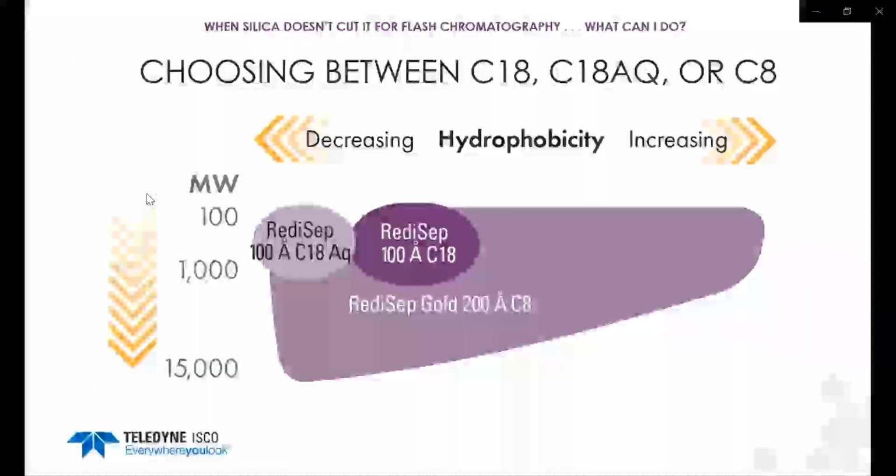So how do we choose between C18, C18AQ, or C8 columns for peptides and larger molecules? We can really think of it in two ways. We can look at the molecular weight, and we can also look at the hydrophobicity. With decreased hydrophobicity, we're going to want increased interaction with the silanol surface. And that's where the C18AQ column can come in and really do well with these smaller molecules below 1,000 Dalton